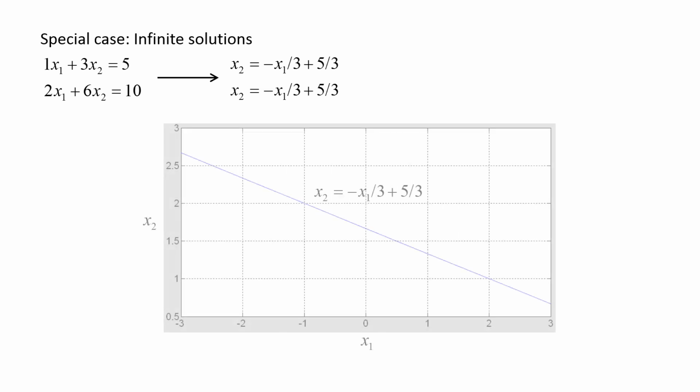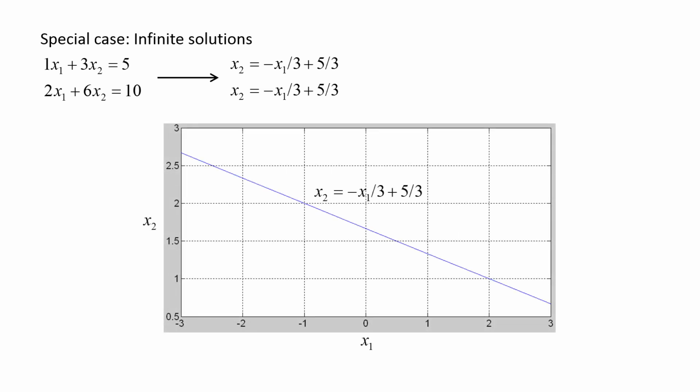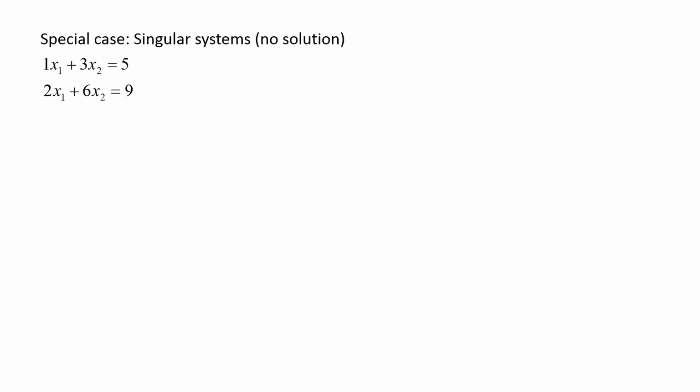If we plot the two equations on a graph, they would completely overlap. This means that any point along this line will satisfy both equations, such as (0, 5/3), (1, 4/3), (2, 1), and (3, 2/3). It is also possible to have a set of equations that yield no solution, and we call